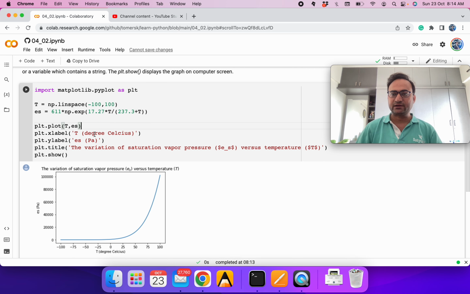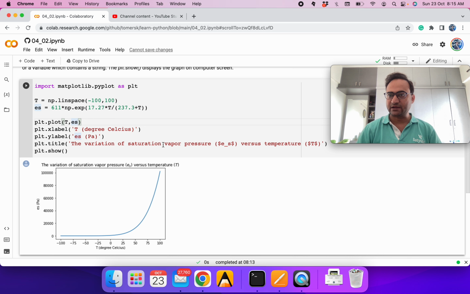Now we are using plotting. By default we are using matplotlib pyplot to make the plot. We define on the x-axis T will go, that is the temperature in degrees Celsius, and on the y-axis the computed ES will go. We can define the x label and y label. Remember these have to be strings. We can define a title of the graph if we want, and then we can click on show. In Colab, show is not required, but if you are running in some other UI tool, it's good to write it so you can see. We can also save a figure if you want; we will see that later.